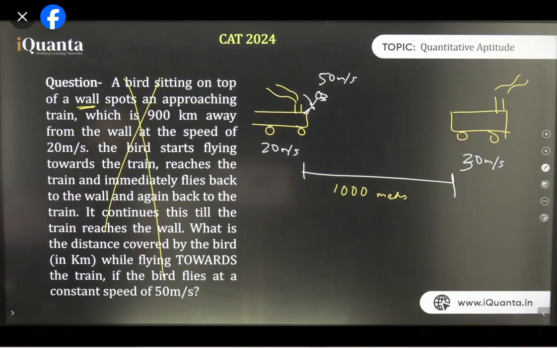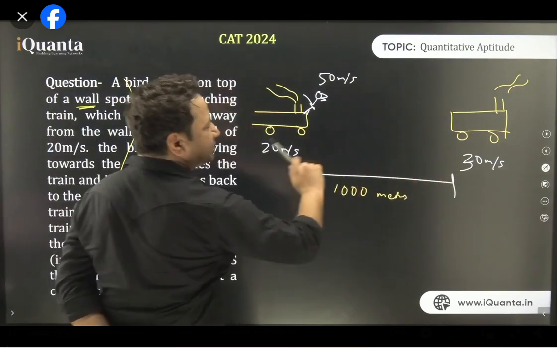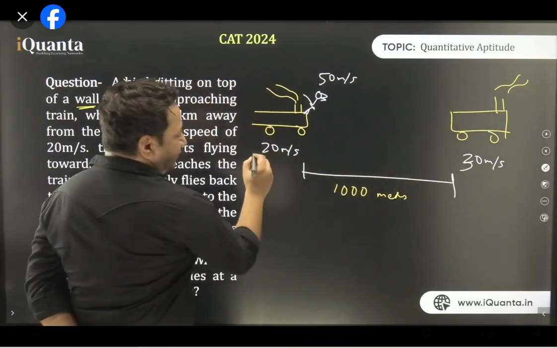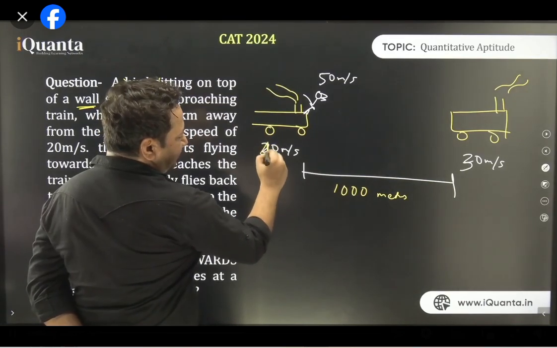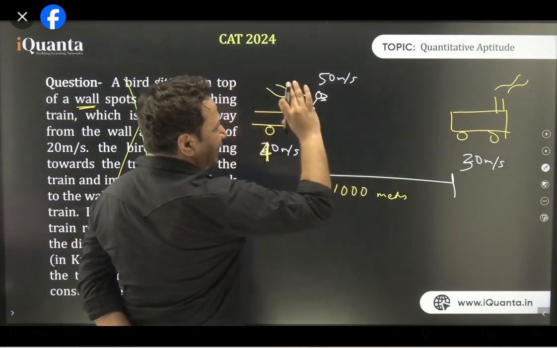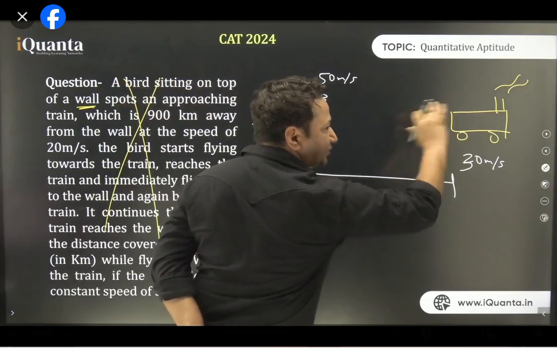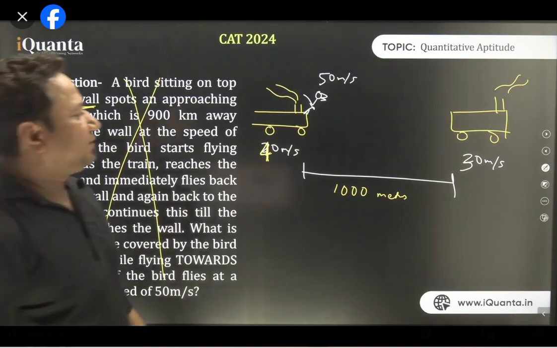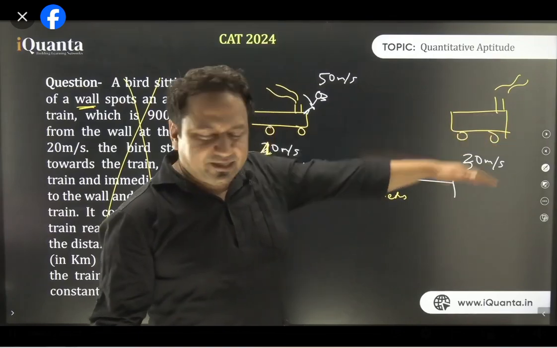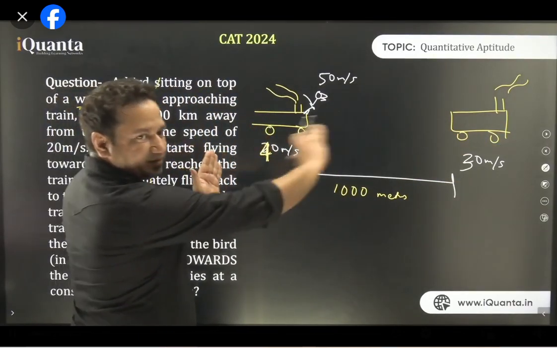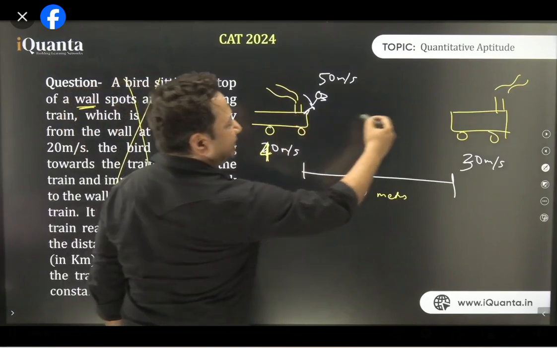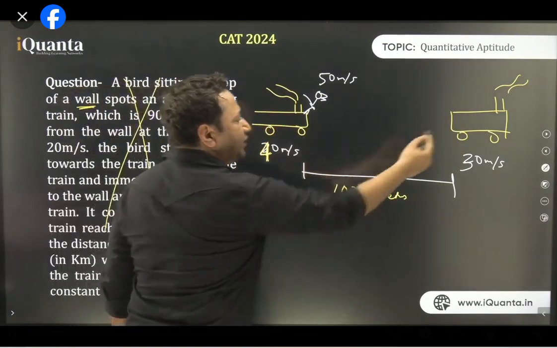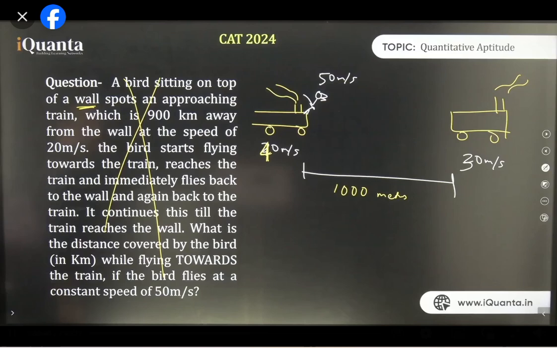Okay. In this case, the bird moves here and comes back, then moves, then comes back. This is 30. Let us make it 40. So these trains are moving in the same direction, and the bird keeps on doing this till the time this train overtakes the slower train. So I'm repeating the question. There are two trains. One is moving at 30 meters per second in the forward direction, and the other train that is following it at 40 meters per second. On this train we had a bird. It kept on traveling to and fro till the time this train overtook the slower train. Okay. So in this case, what will be the forward distance traveled by the bird?